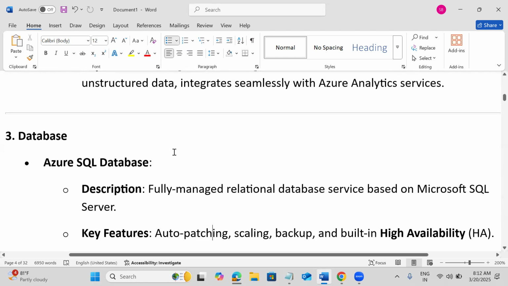Then coming to the databases, I said in the VM we can install a database, that is an IaaS solution, but we require good expertise in database configurations. But if I go for Azure SQL Database, it's a pure PaaS-based solution. With PaaS, the advantage we are getting is automatic patching, scaling, backups, and high availability, all of which can be taken care of by the provider itself.